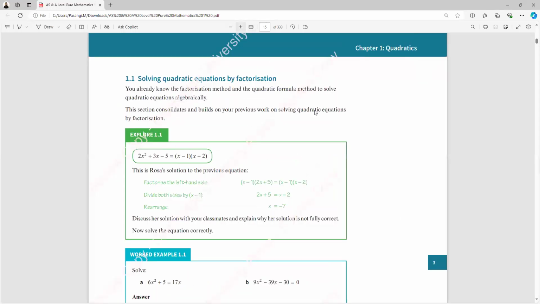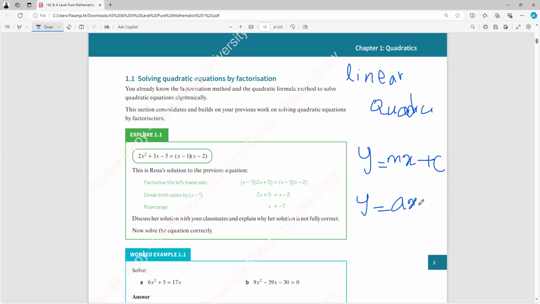Okay. So anyway, the first lesson is quadratics, no? We already know about the quadratics because we had linear functions as well as quadratic functions. For the linear functions, what we had was y equals mx plus c type of equations. We call them linear ones. And for the quadratic ones, y equals ax squared plus bx plus c type of equations, we